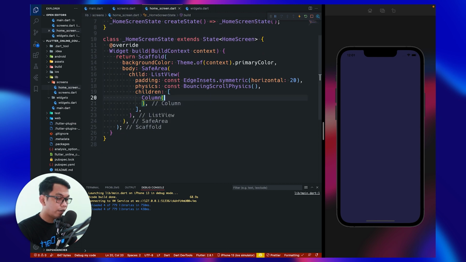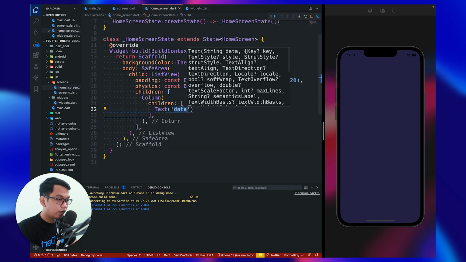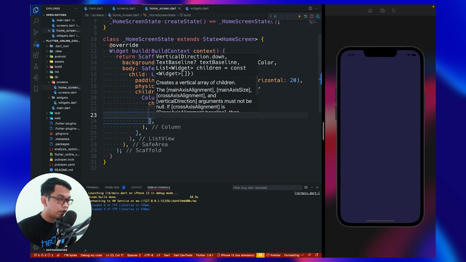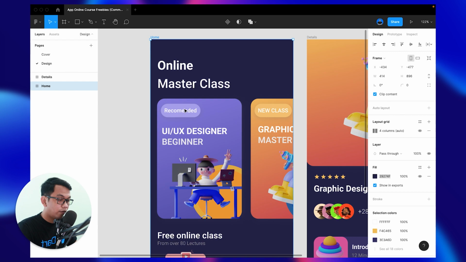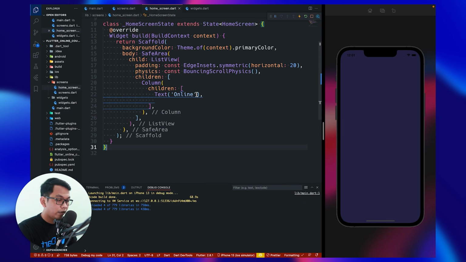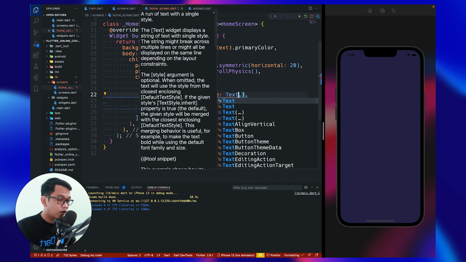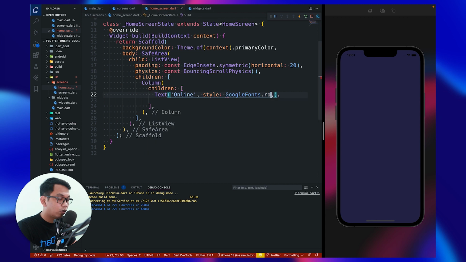What we say right here, column, and for the children, we say Text. For the text, "Online", and then let's say "from the design online master class". Okay, and inside our first text, we have to call our GoogleFonts.roboto.